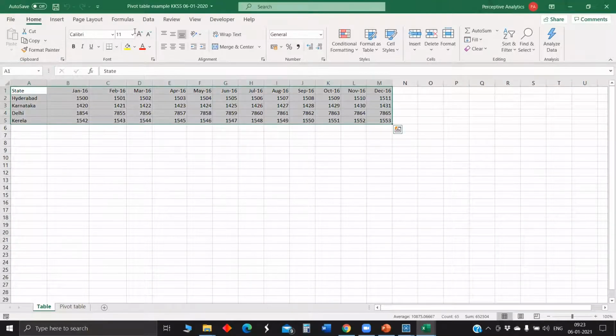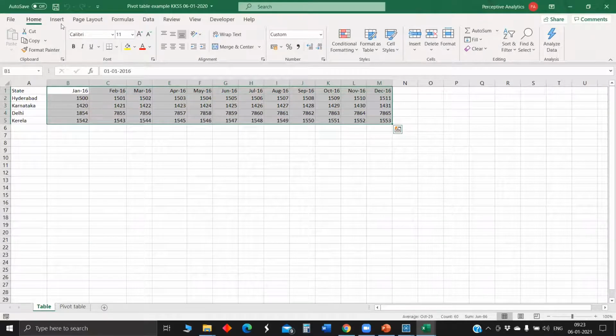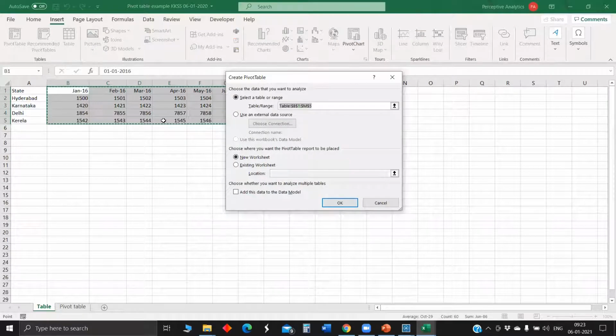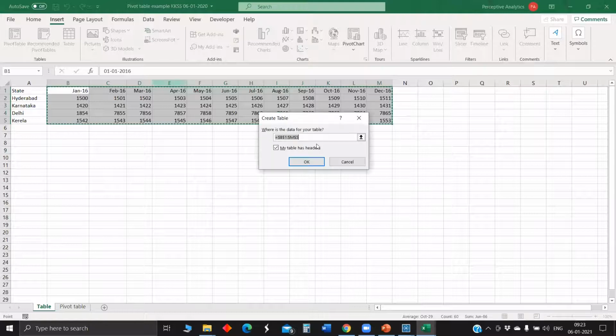So once we select only the date columns, select the columns and go to pivot table. First, I think we need to convert this into a table, then we can do a pivot option. How do I convert it to a table? Start from A1, make it a complete table.